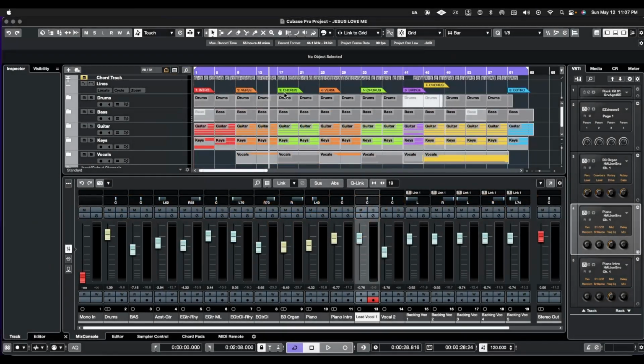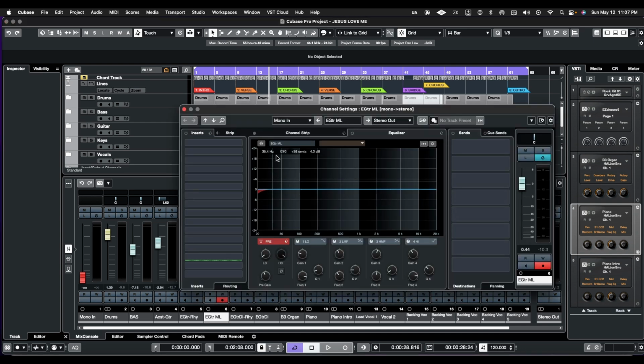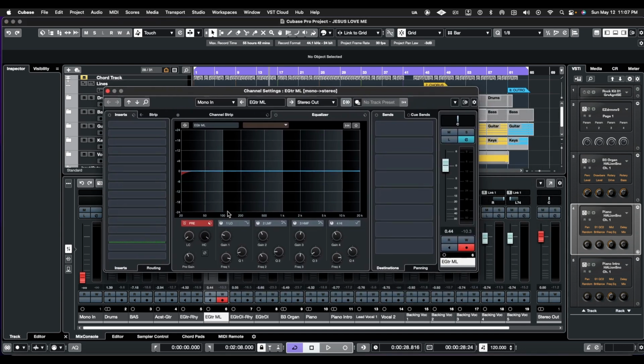So in these tutorials, I'm going to show you how to apply EQ to mix your tracks. So when it comes to EQ, there are a few things you have to take note of. So here is the EQ in Cubase,